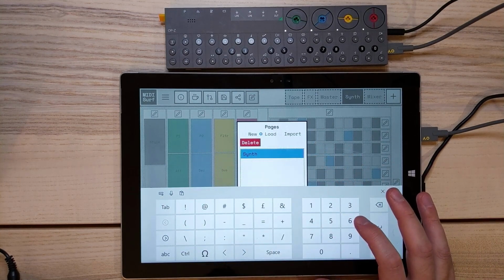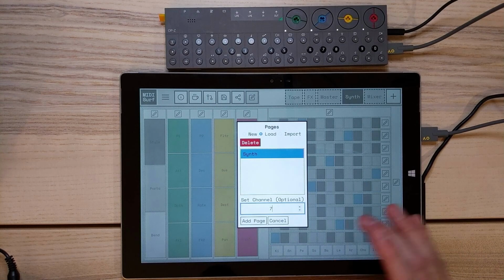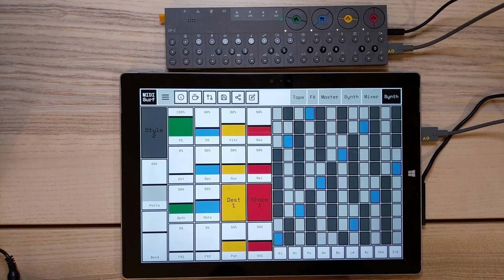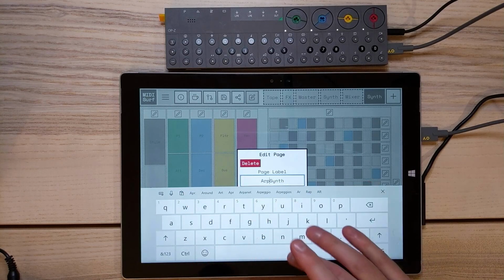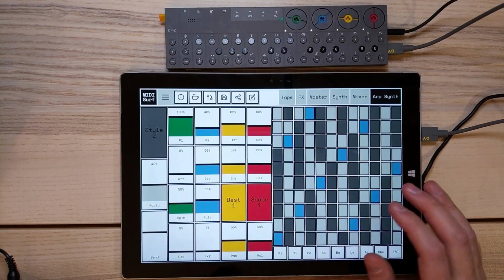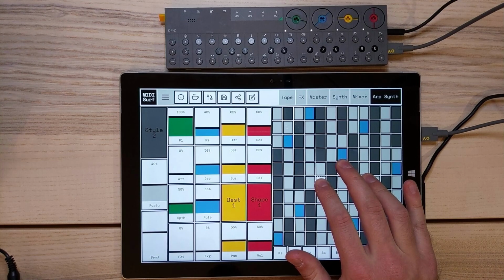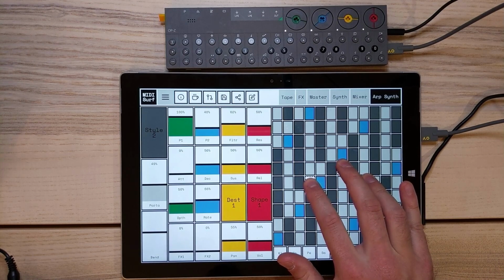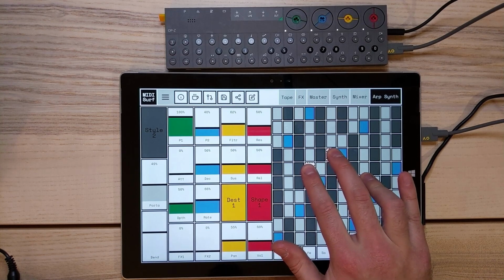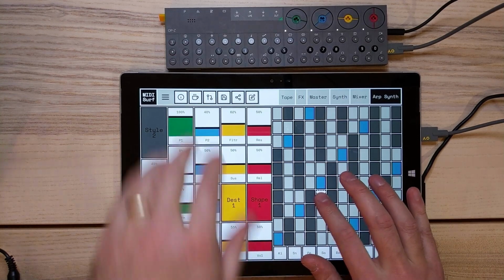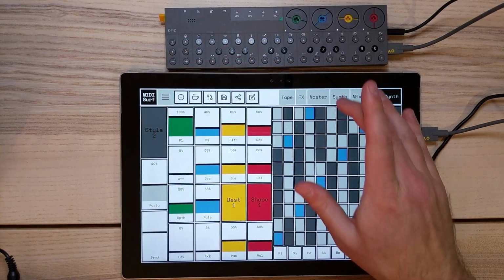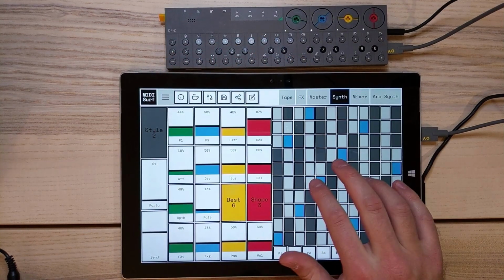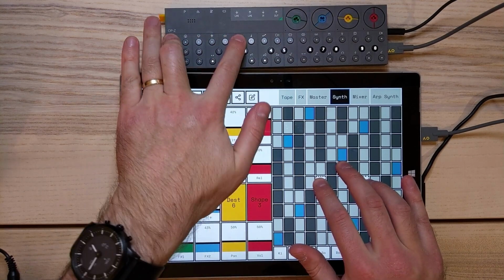So if I go, let's say 7, so that it goes to the ARP track, when I do that, and let's rename it, let's call it ARP synth to differentiate it. Now this one will always go to the ARP track. Doesn't matter what we've got selected here. If we do that in the other one, we go to the ARP track. Now we go to the